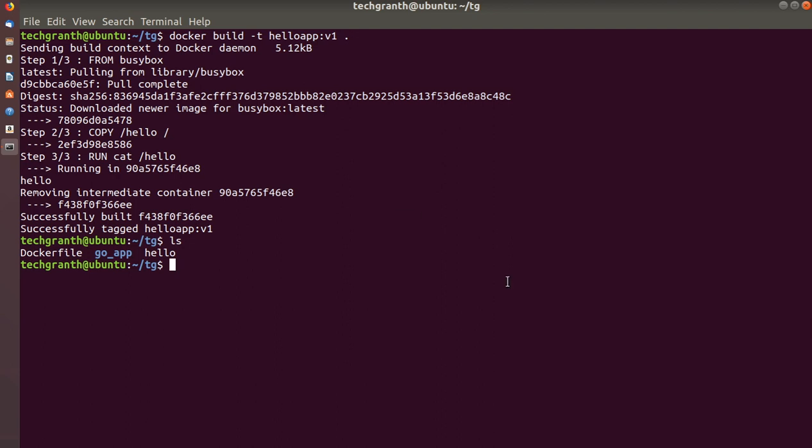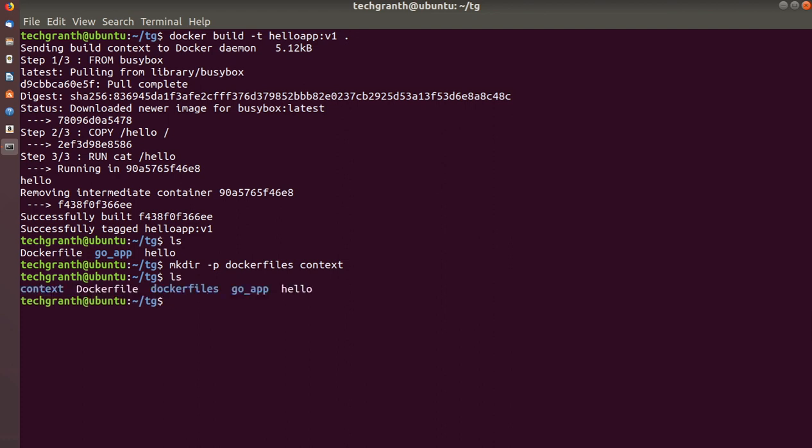So here we'll create mkdir -p dockerfiles and context for the build context. If we see, you can see the context and dockerfiles directories have been created.